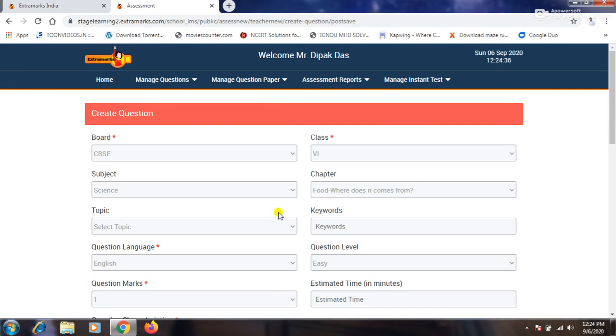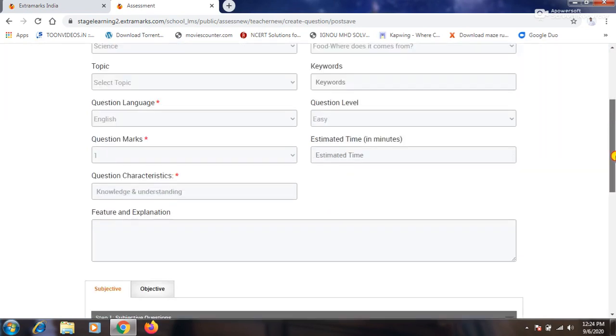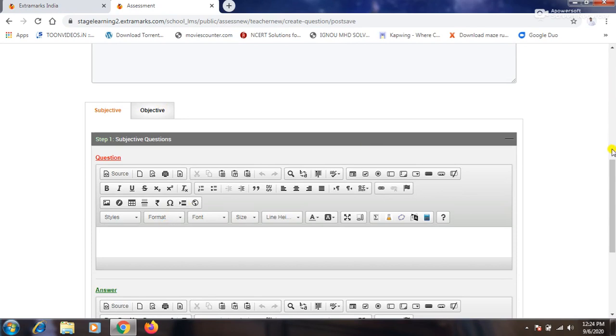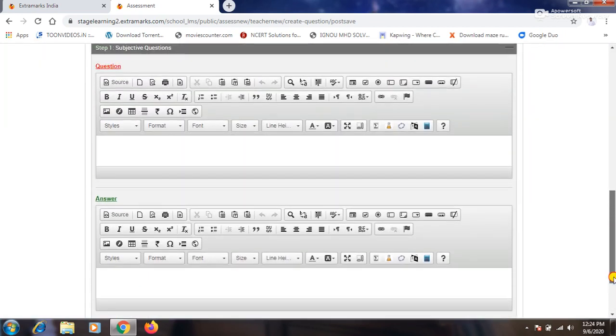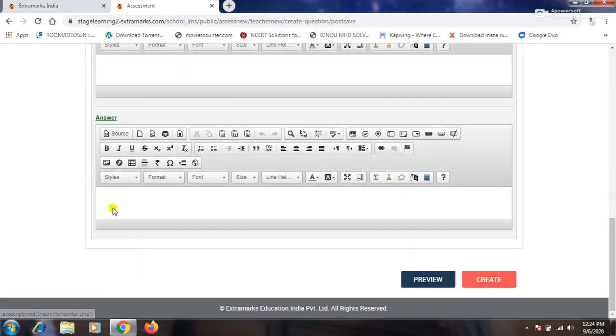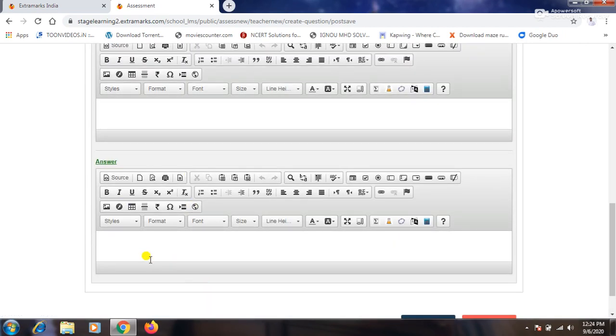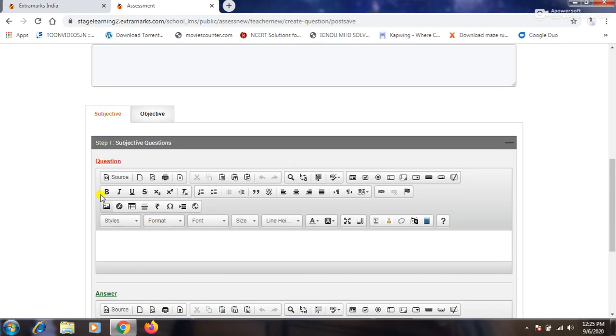So after you create all the questions, suppose you have created 40 objective type questions, then you want to create subjective questions, you have to click here, subjective, same thing. Make sure it's for class 6. You are keeping the question in that particular subject and chapter, and then you have to type the question here, give an answer hint here. Subjective question, no need to write the full answer. If you want to give the full answer, you can write it, or else for your hint you can write a small line, one word or two words. It's up to you. Okay, so this is the subjective part.